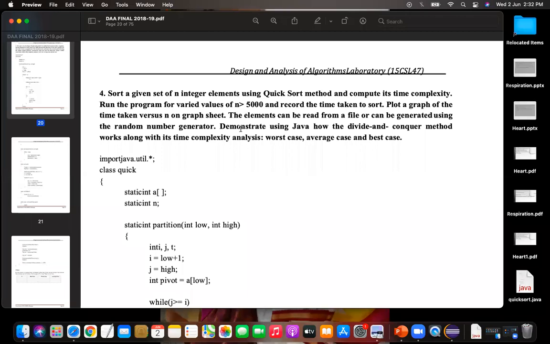Whenever you're writing a program, first read the statements properly. What is the input? What should be the output? Are you demonstrating all the outputs, all the questions in the problem statement or not? Are you addressing all the situations or not? You should know. In the exam, just because you have written the program and you are getting some output doesn't qualify for full marks.